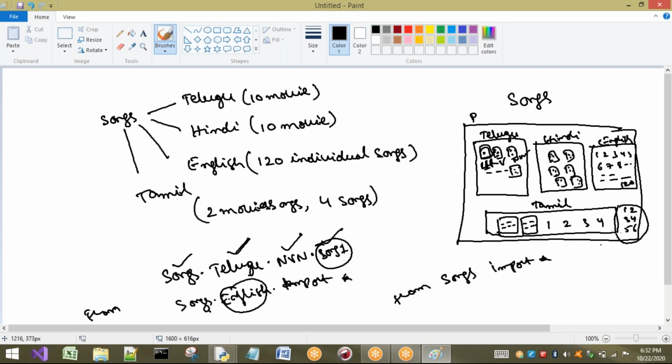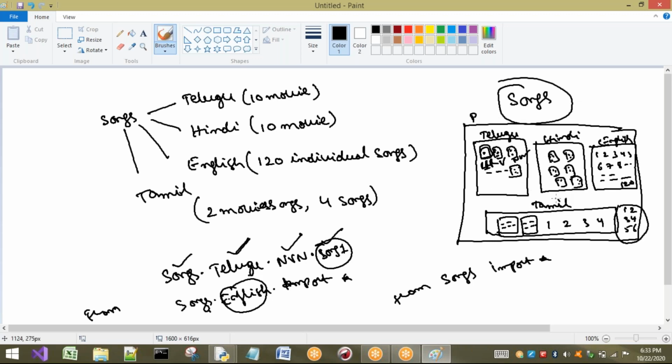Next, by seeing this one, what can we understand? All these are placed inside only one folder called songs. So by this I can give one definition, that it is an encapsulation mechanism. Encapsulation is what? Which is enclosed within one name. So I can say it is an encapsulated mechanism. For what am I going to use this folder? Generally, for storing the related modules or related folders and files into a single unit.